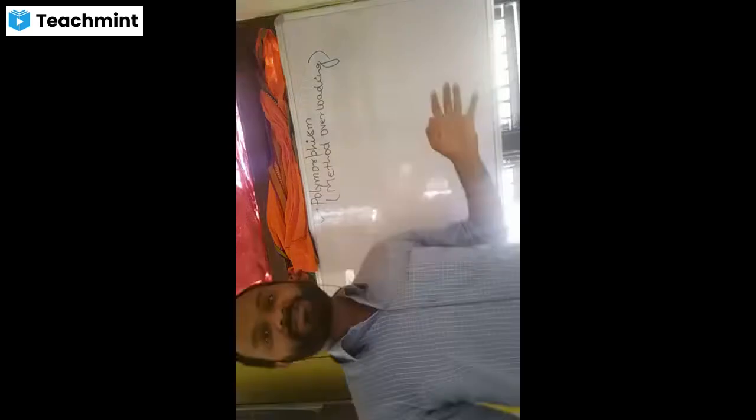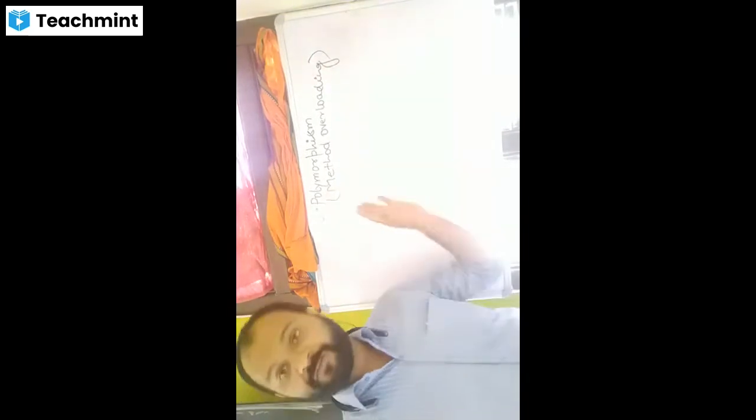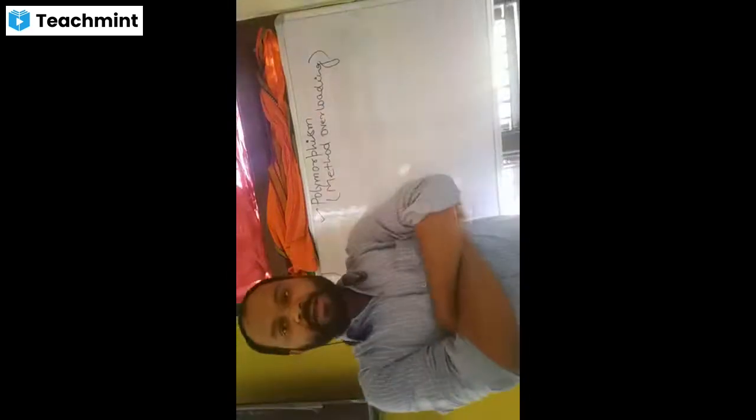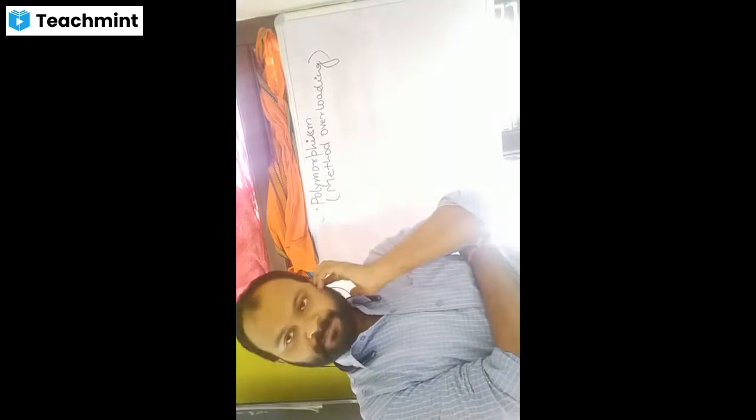Still, today I will tell you about some demonstration, some programs, some explanation using programs on this polymorphism, because this is very important also for your board paper. Clear? Every year in your board paper, the questions come from this polymorphism or method overloading. So one question of 15 marks will be there in your board paper. So be careful and be aware how the things are happening here and how we can implement method overloading in our programs.